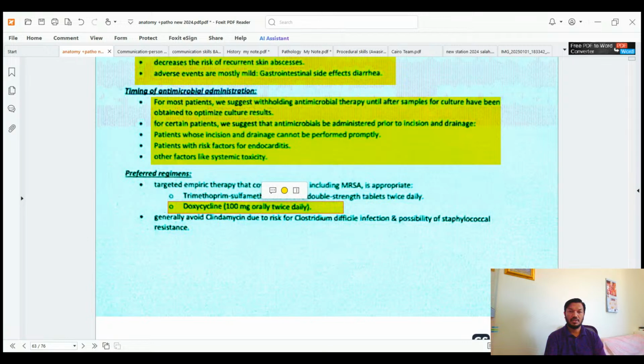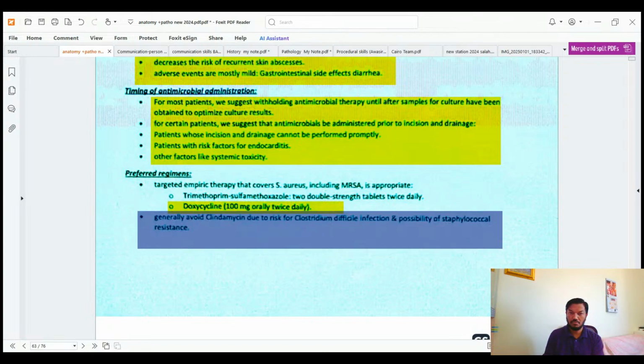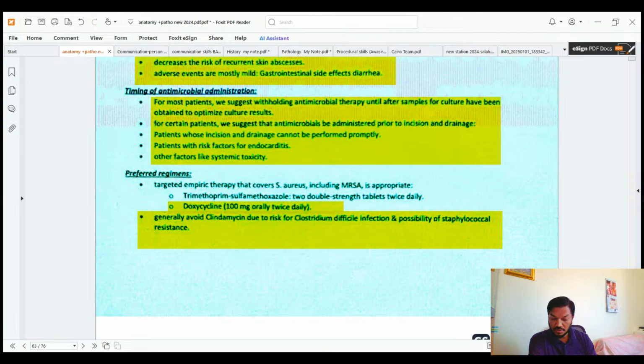Generally, avoid clindamycin due to the risk of Clostridium difficile infection and the possibility of Streptococcal resistance. Doxycycline 100 mg orally twice daily, and generally avoid clindamycin for the risk of developing Clostridium difficile infection and possibility